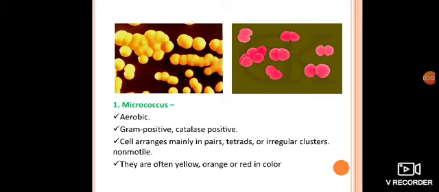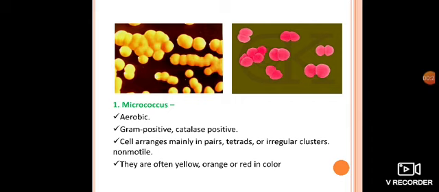Okay, so we observed that basically there are 3 points. First it is micrococcus, second it is called staphylococcus, and third it is called streptococcus. Among that, first is micrococcus. Coccus means they have a specific shape, that is a spherical shape. They might be in a chain form, in a diploid form, or have different types of arrangement.